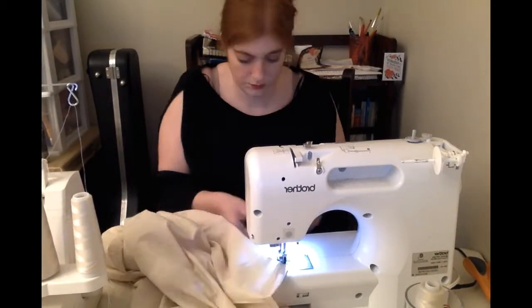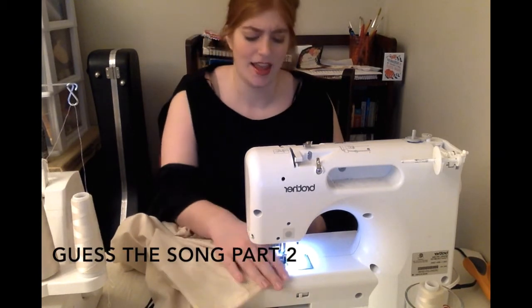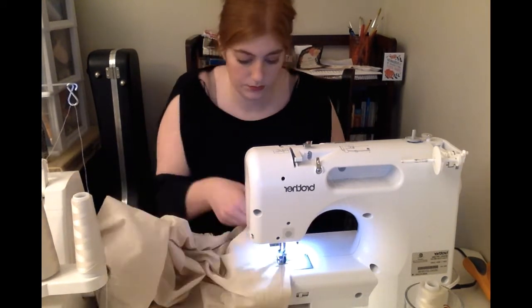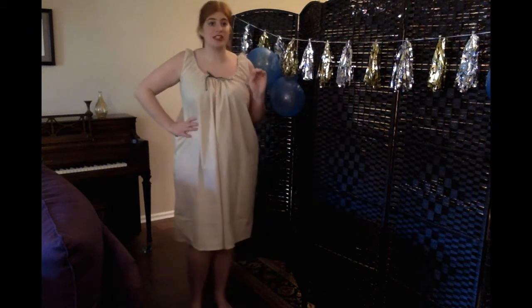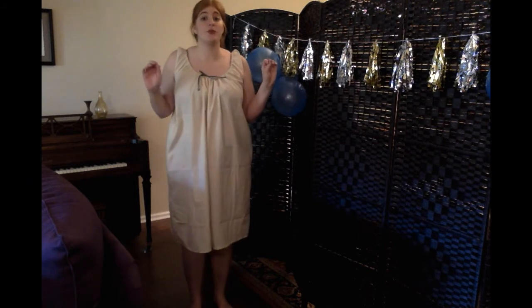I tried it on and everything looked good, so it was off to hemming the bottom and the armholes with a rolled hem. So it is completely finished, and I don't even think that took an hour. This was seriously one of the quickest and easiest sewing projects I've ever undertaken,